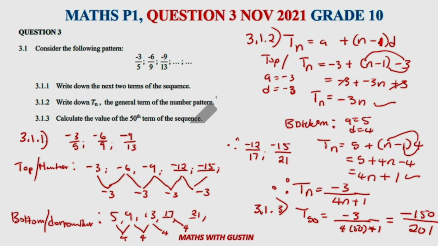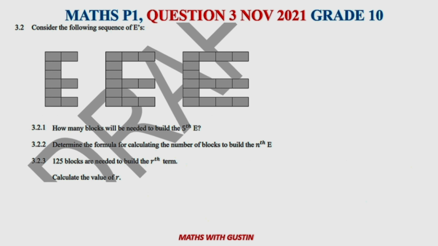Let's now move to 3.2. All right, 3.2, it's saying that consider the following sequence of E. They give us the pattern in terms of the drawings. Okay, so now the first question said, how many blocks will be needed to build the fifth E? Okay, so let's have a look at this one and count how many are there to start with in this